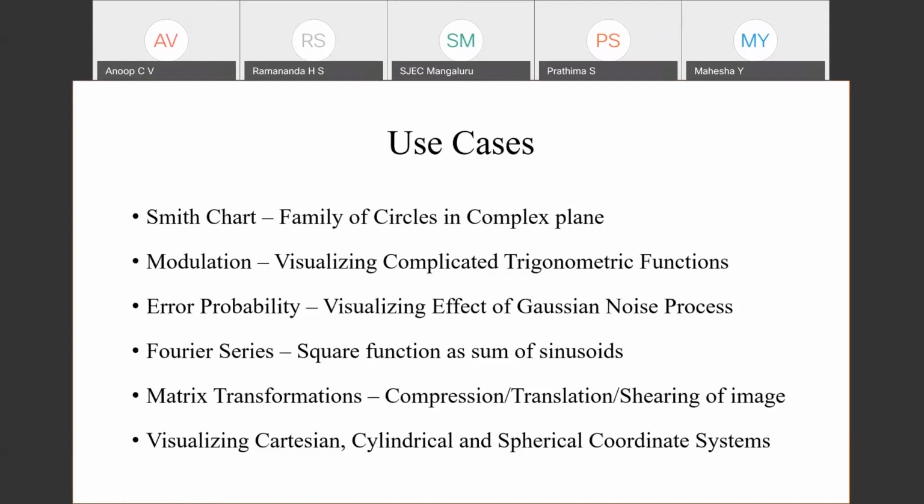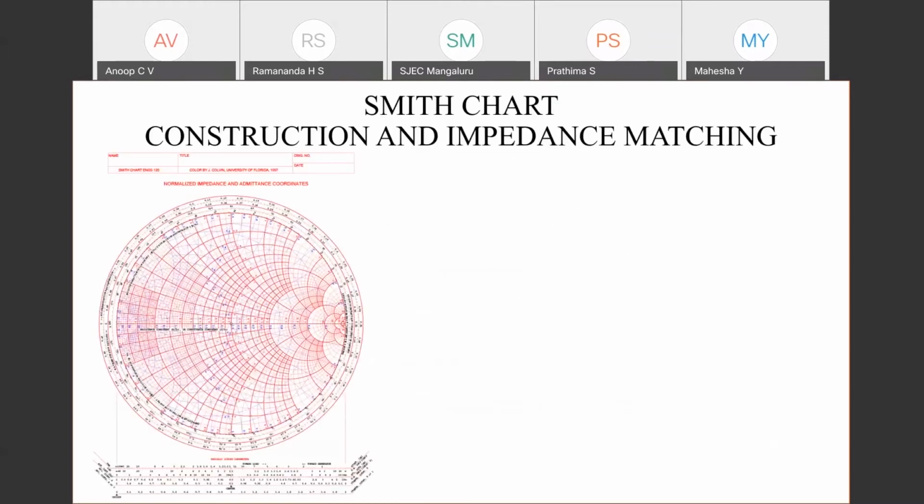You can use it for machine learning and many other aspects which we are not discussing here, which is beyond the scope of our discussion. So I request everyone to kindly explore it. Ramananda sir has shared some of the resources. You can try and explore it. So we'll start with our demonstration.